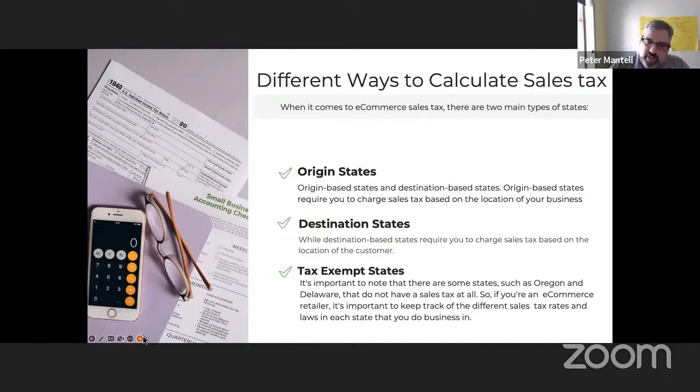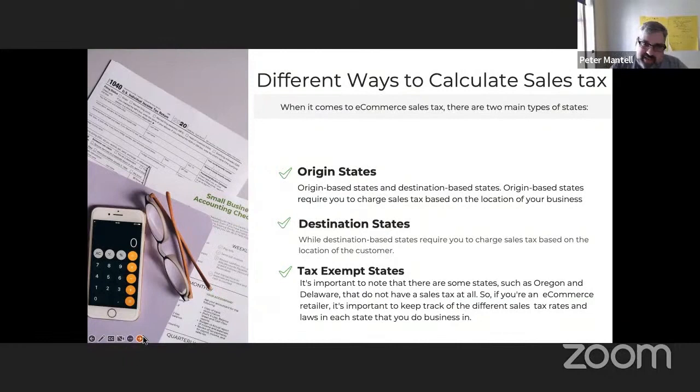These are states where you calculate the sales tax based on where the product is going to. And then there's California, and they're just, pardon my language, assholes. There's no other way of putting it. They're origin and destination. So they really like to add to the complexity, in the sense that when a product ships from a location in California to another location in California, you have to calculate both where it's coming from as well as where it's going to.